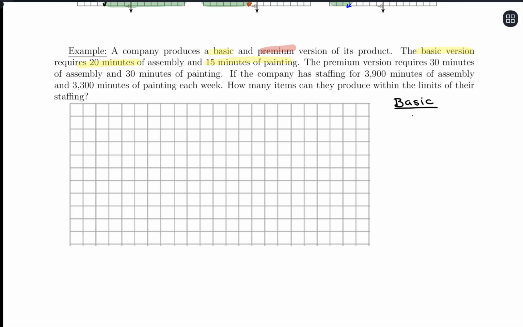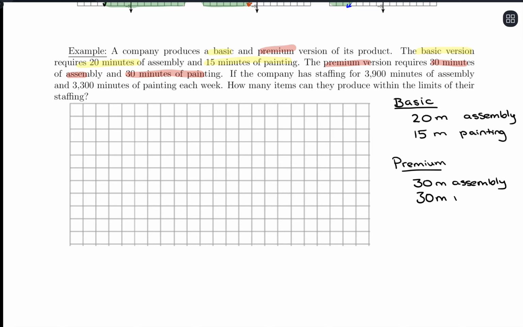So let's see. For the basic version, it's 20 minutes assembly, 15 minutes painting. And then we're going to have the premium version, and that takes 30 minutes of assembly, 30 minutes of painting. Okay. If the company has staffing for 3,900 minutes of assembly, 3,300 minutes of painting each week,